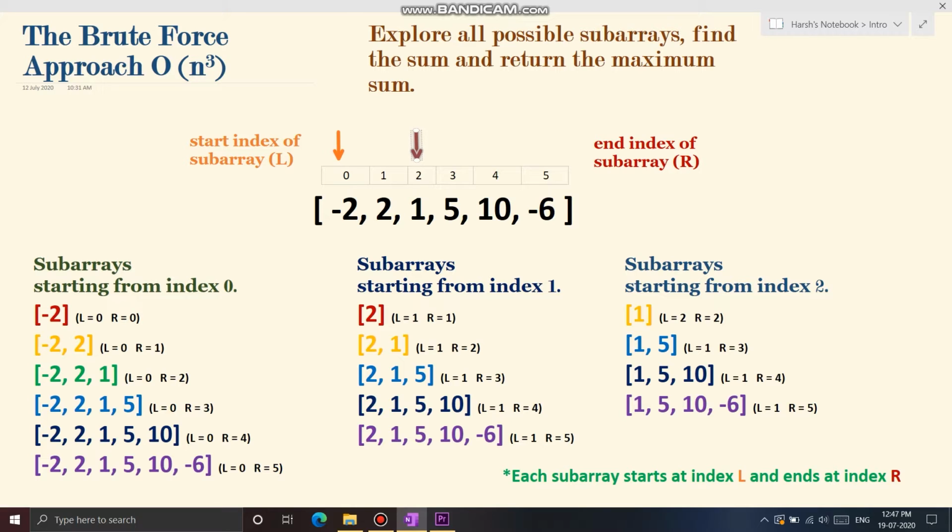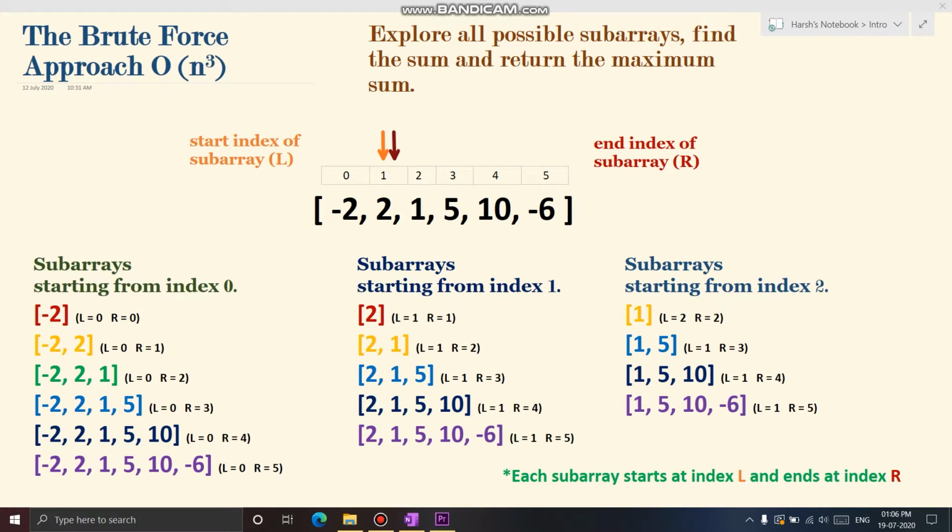Similarly, we can have a subarray of length 3, 4, 5, 6. We can't go any further because the right pointer has hit the last index. So we have covered all possible subarrays that start at index 0.